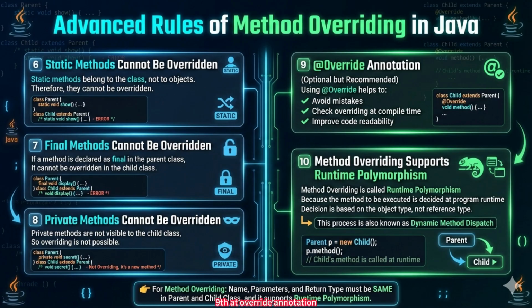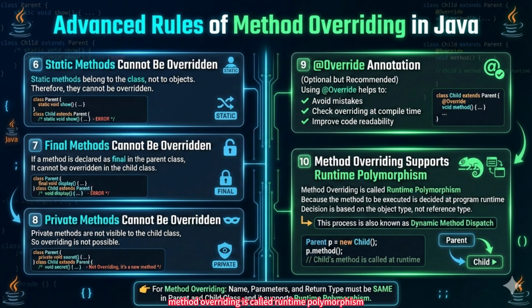Ninth, @Override annotation. Using @Override is optional but recommended because it helps to avoid mistakes, check overriding at compile time, and improve code readability. Tenth, method overriding supports runtime polymorphism.